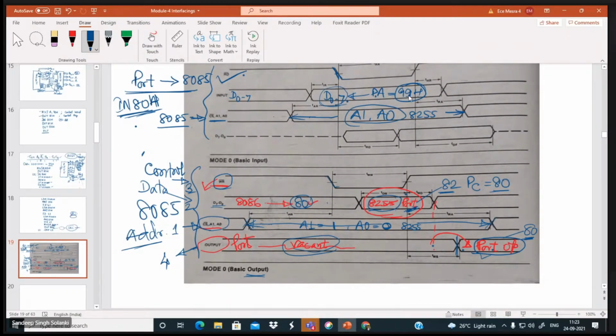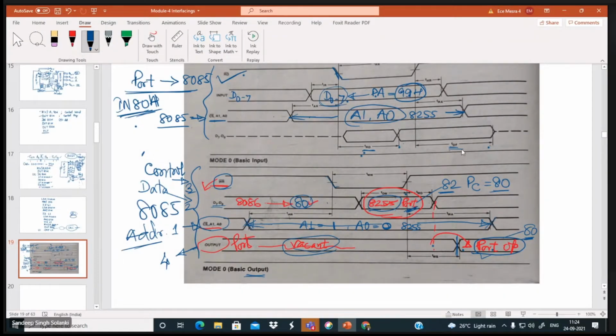Here you see at the bottom what is mentioned: this D0 to D7 is the reading time, and this is the data filling time. This is the reading of the port, and this is data filling on the